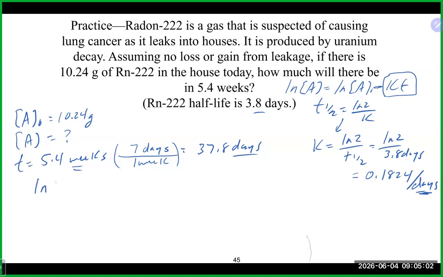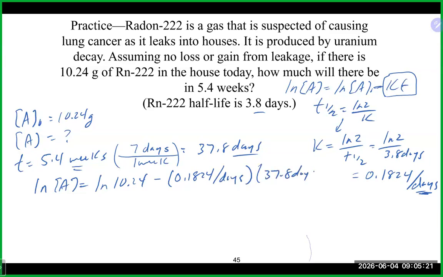We'll end up with natural log of A is equal to natural log of 10.24. And obviously, if you did the other conversion, you'll have maybe some slightly different numbers, but hopefully the answer should be the same. We'll have 0.1824 reciprocal days and our 37.8 days here. Again, days are going to cancel out. That gets us natural log 10.24 minus